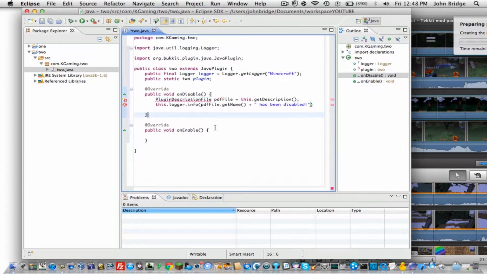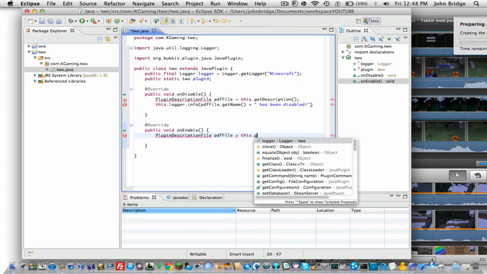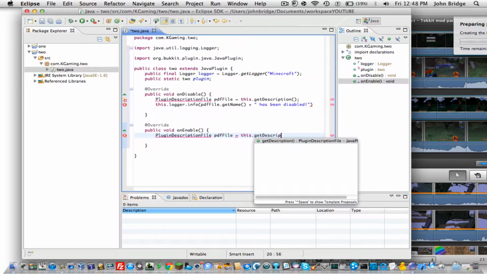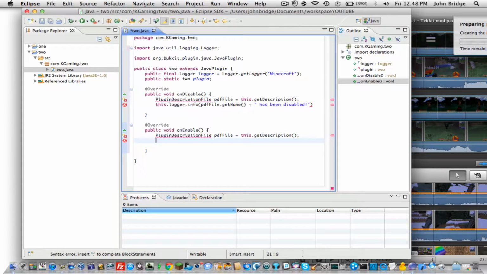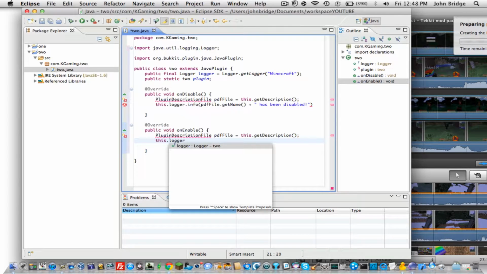So now you're going to move on to the onEnable, and in onEnable, type in PluginDescriptionFile pdfFile. You're basically going to type in the same thing, except you're going to add a few things in the second line. Equals this.getDescription(). You can copy and paste this if you want. So this.logger.info